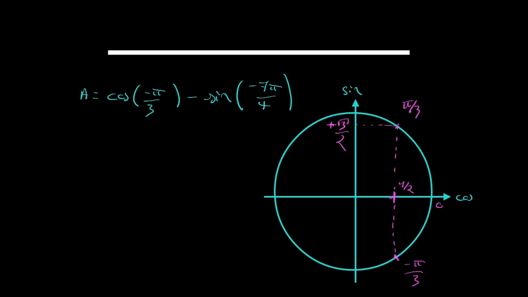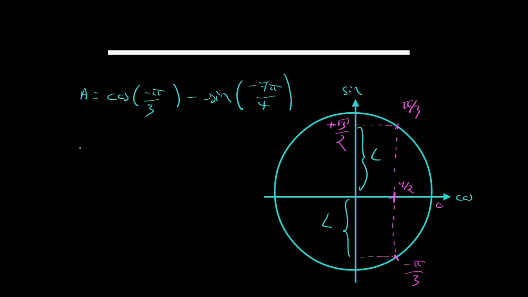We know the values for plus pi over 3 now. We can see that the values for minus pi over 3 will be either the same value, so here for the cos this is the same value, we can easily read it, or the opposite value, because this length here